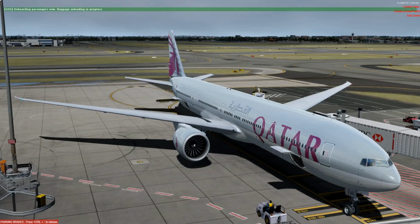Yeah, it's really poor landing. I don't know, I'm extremely embarrassed with my landings, this one and the previous one at Canberra. So